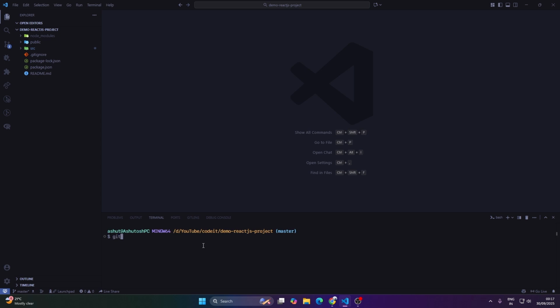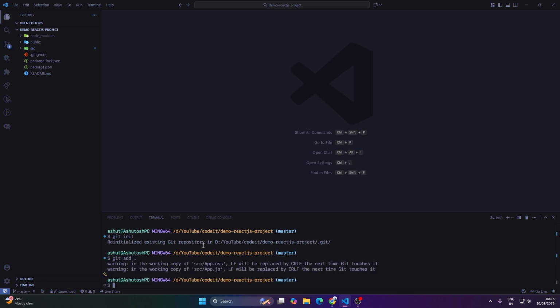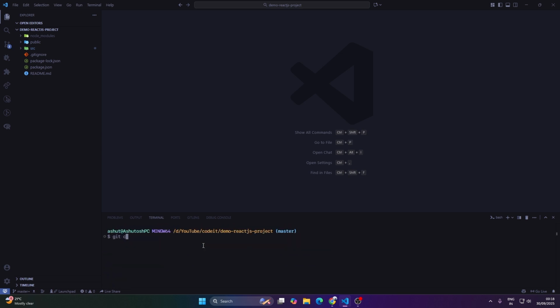Now I'll open up the terminal in VS Code and just type in git init. So I'm initializing a git repository, and then I will add all the files, git add dot, and then git commit -m. So our commit message would be first commit, and then we will change the branch to main,